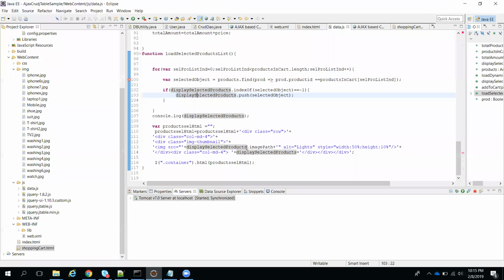Because this is an array, we are pushing into the array, so we need to use array of 0 dot image path, and here we are directly displaying the displayed selected product. We need to use of 0 dot price. So we forgot these things.